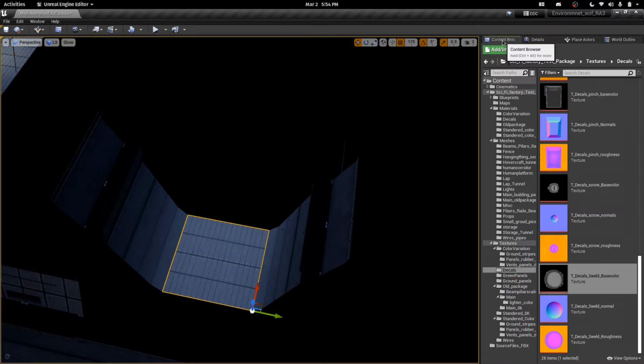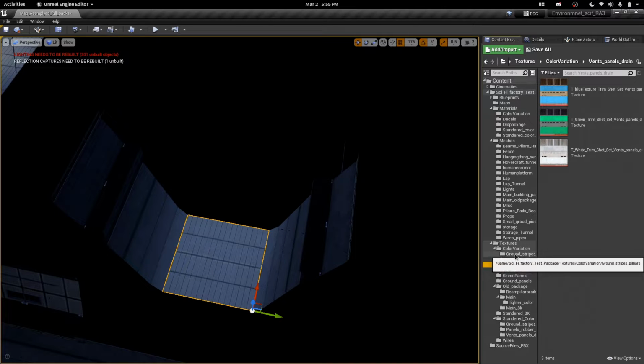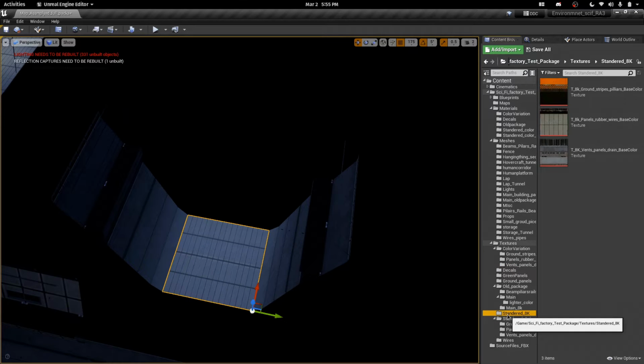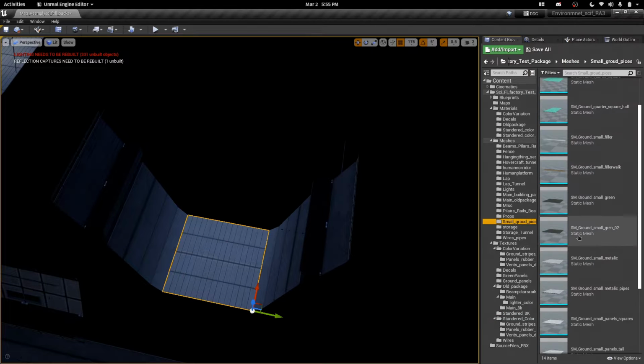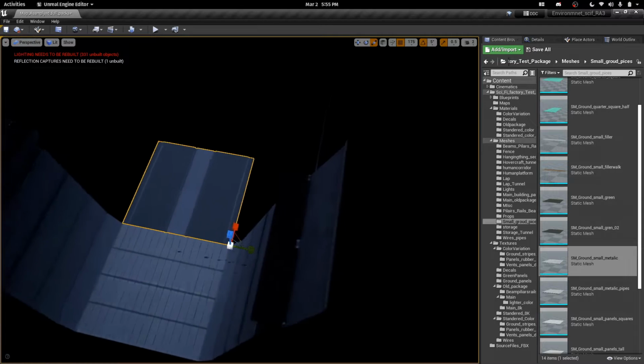So we have this very basic square. We can bring it in. Of course, I have a custom grid snapping. You can know the exact numbers I used in the package description. So you have the basic building block, the basic square block, a ground square block, and you have these basic